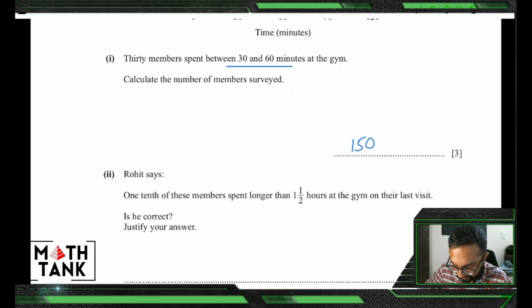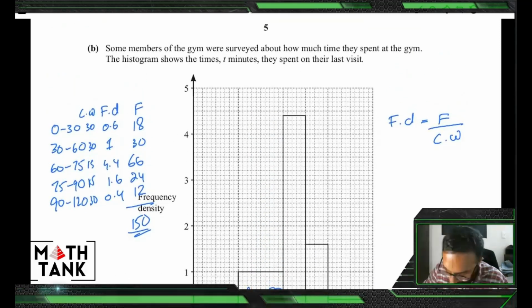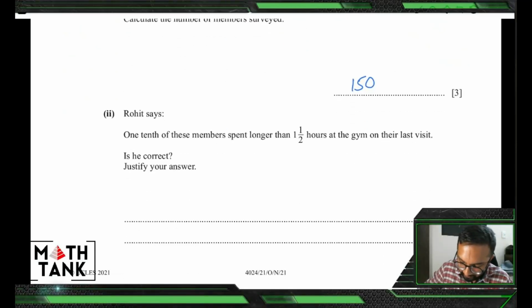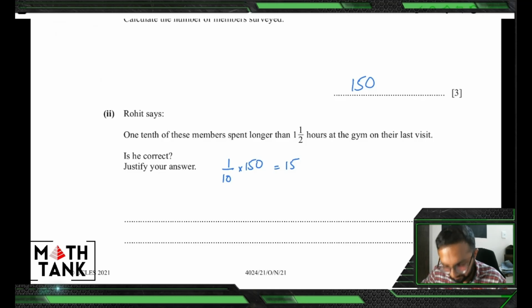So let's calculate. If I were to take 1/10 of 150, that gives me 15. I know that only 12 members spent more than 1.5 hours. So no, he is not correct,